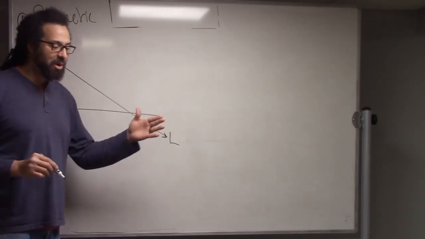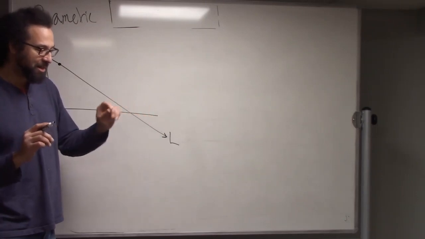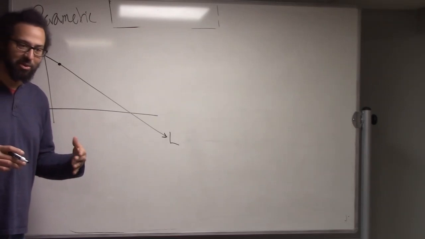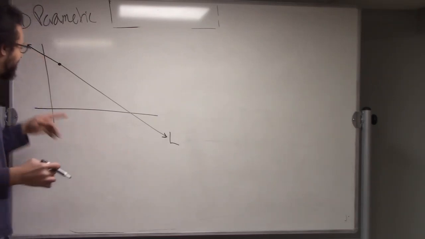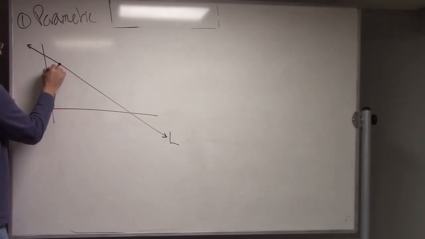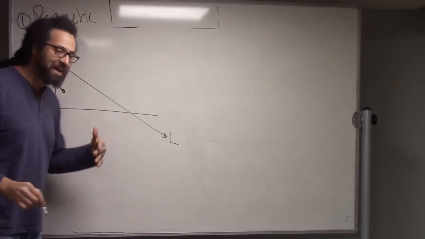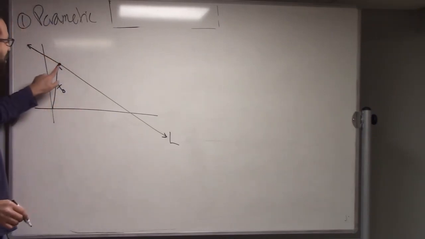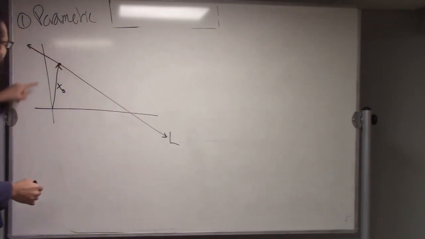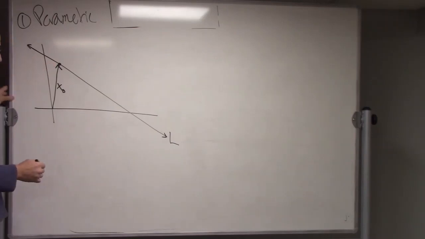And really, a point and a vector with initial point at the origin and then pointing in the direction of this point, we can use the same notation. So let's say here's a point on the line, x0. I'm going to go ahead and say it's a vector on the line. Not that the vector's on the line, but the vector points to a location on the line is the best I can say. So we've got a vector that points to a location on the line, call it x0,